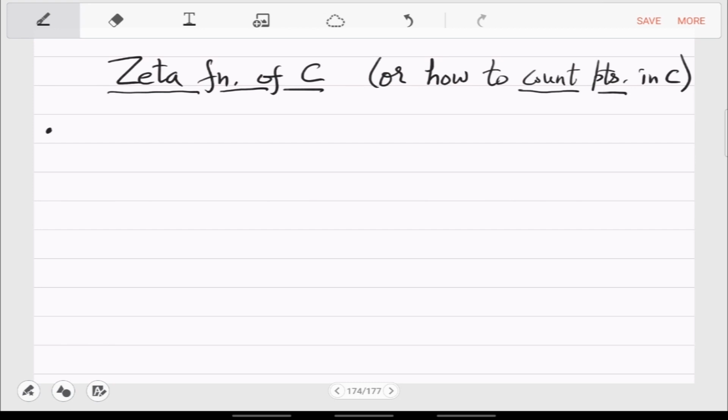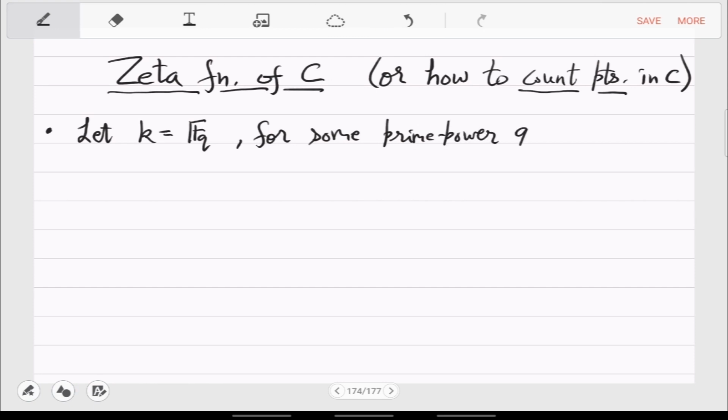Okay, so I don't think I defined this before. What is the zeta function of a curve? Let's do that today. We'll assume now the field of constants to be F_q for some prime power q, where p is a prime. So it's a finite field,